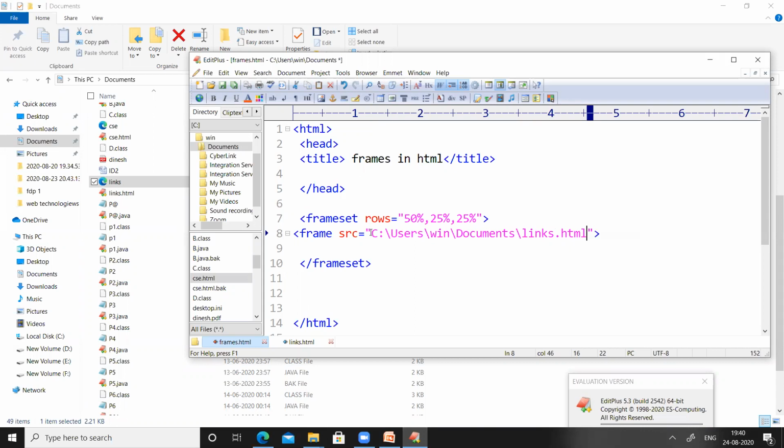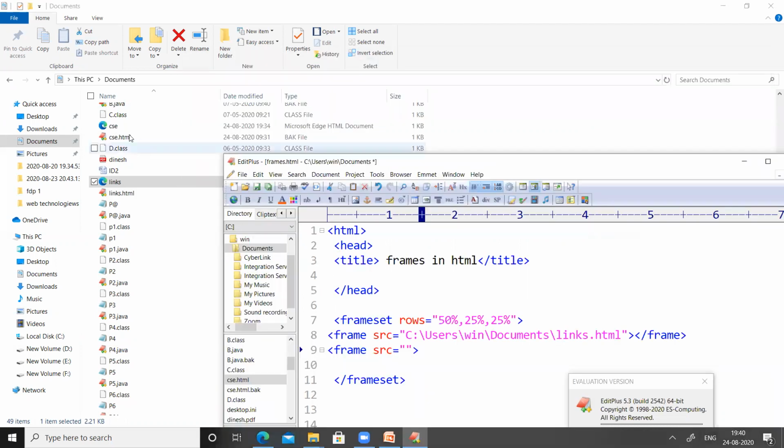And write one more frame tag. Let's close this frame tag here, and write one more frame tag. This frame tag has a source. There is one more HTML document here, and the name of the document is csc.html.